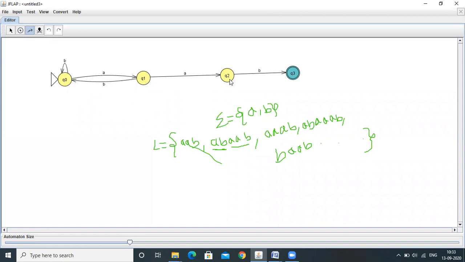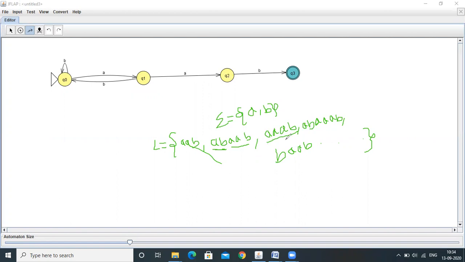Now we will define transitions on Q2. Q2 on A, if you get A here, what do we need to do? Let's see the example: AAA B. Q0 on A moves to Q1. Q1 on A moves to Q2.